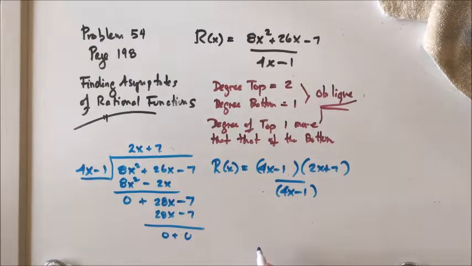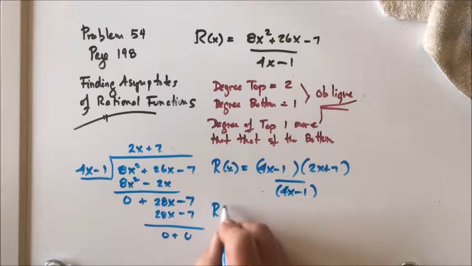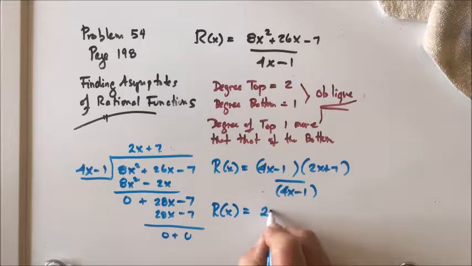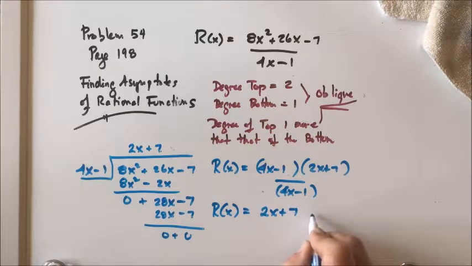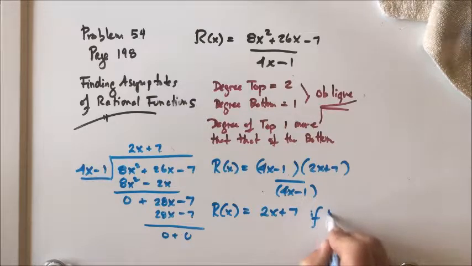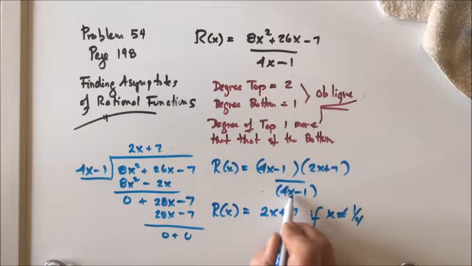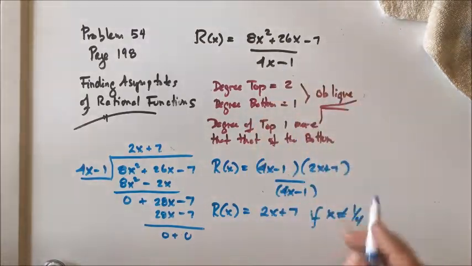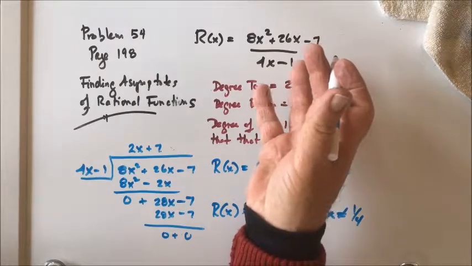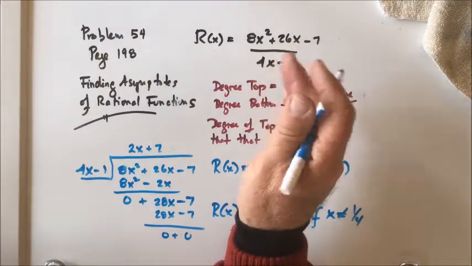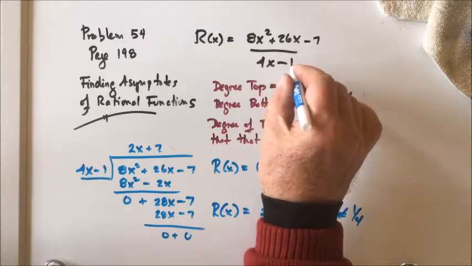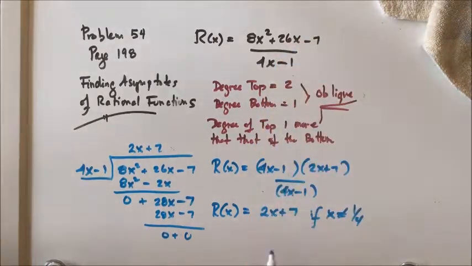So r of x reduces to 2x plus 7 provided x does not equal 1/4. Because x equals 1/4 is not in the domain of r of x. So if we consider all other values of x except for x equals 1/4, which happens to make the denominator 0,